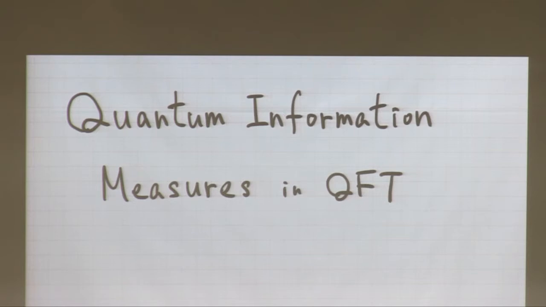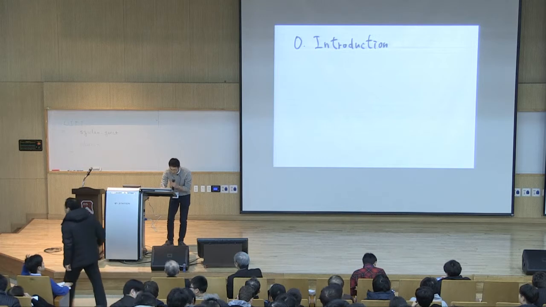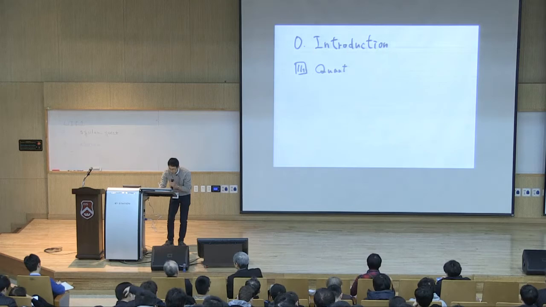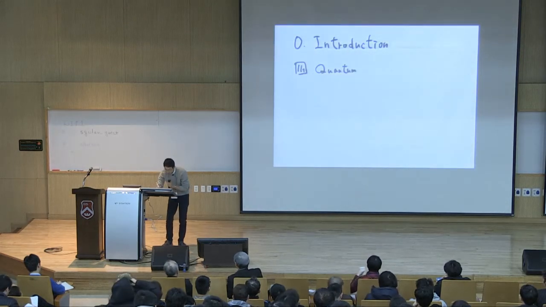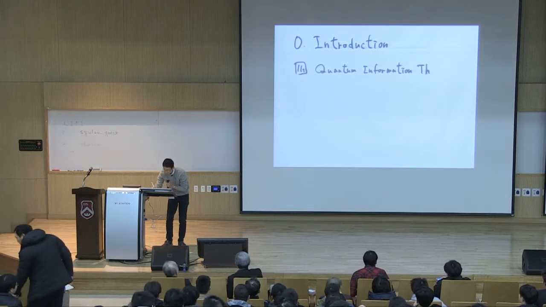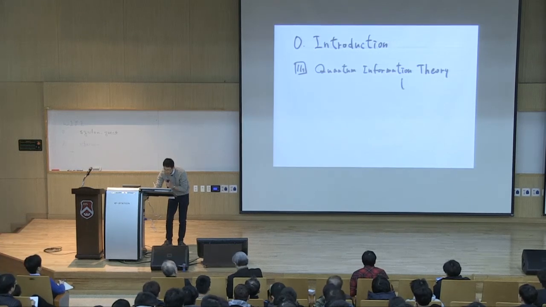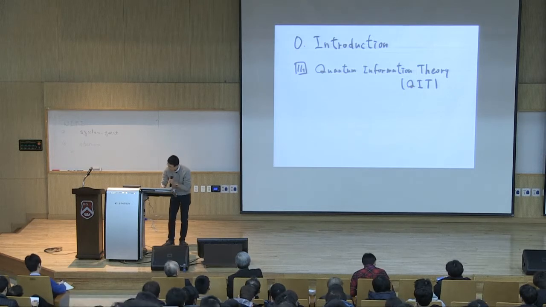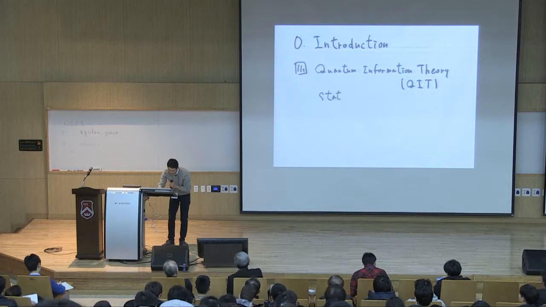So let me start with some introduction. Basically, in quantum information theory, which I will write as QIT, the typical question to be asked is as follows. Quantum information concerns state conversion. Namely, you have two quantum states,